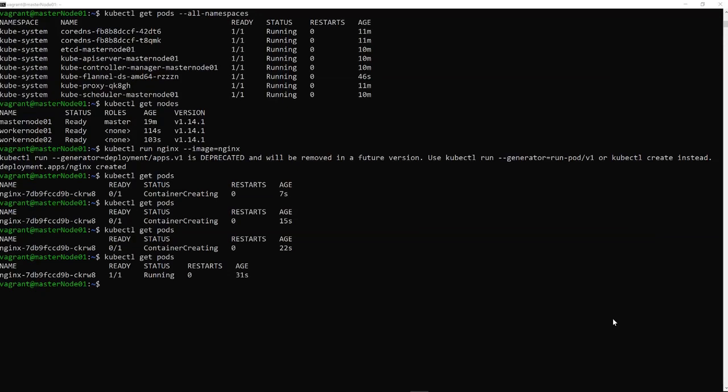Let's go through what we did today. We learned how to create virtual machines using Vagrant and how to configure Docker on all three machines. Later we installed kubeadm. We also selected one of the nodes as master and configured it. Finally we connected the worker nodes with the master node. In my next video we